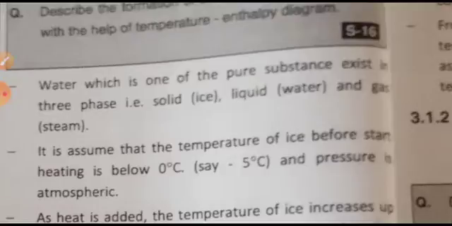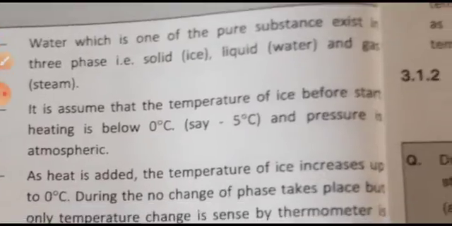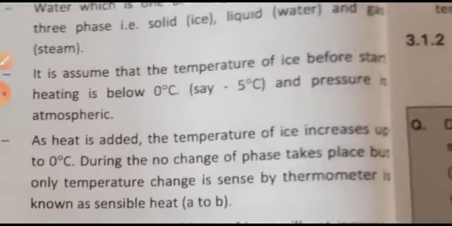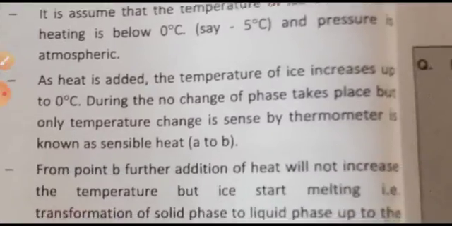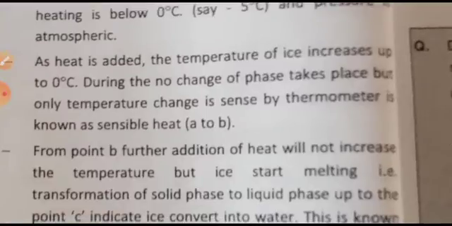Water, which is one of the pure substances, exists in three phases: solid is ice, liquid is water, and gas is steam. It is assumed that the temperature of ice before start of heating is below 0 degrees Celsius, say minus 5 degrees Celsius, and pressure is atmospheric. As heat is added, the temperature of ice increases up to 0 degrees Celsius. During this no change of phase takes place, but only a temperature change sensed by thermometer, known as sensible